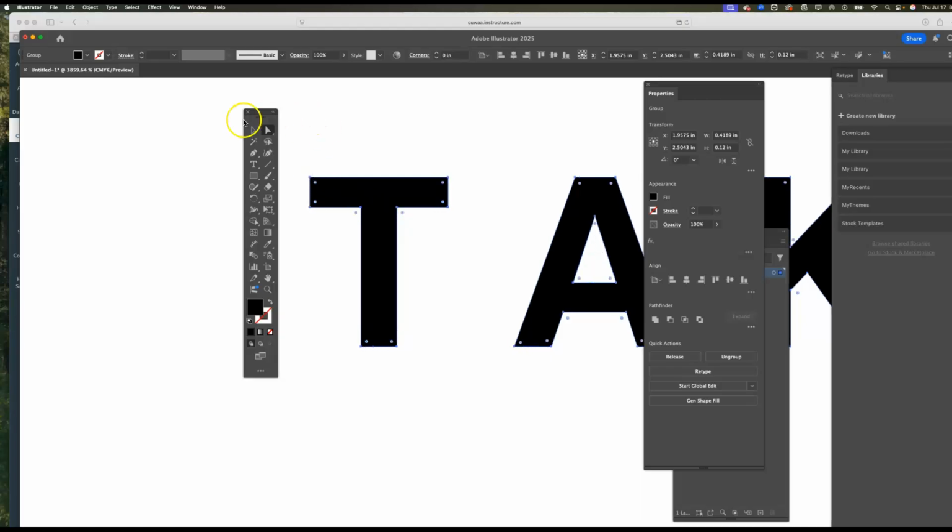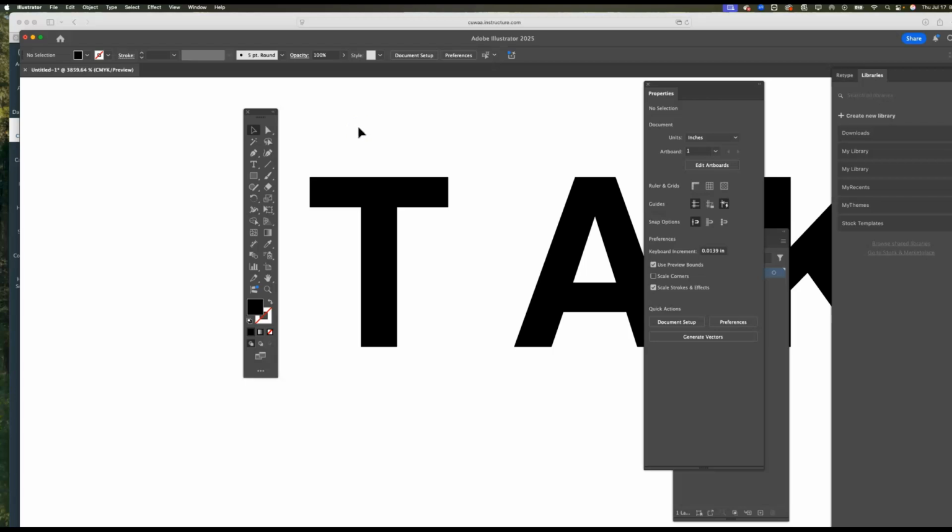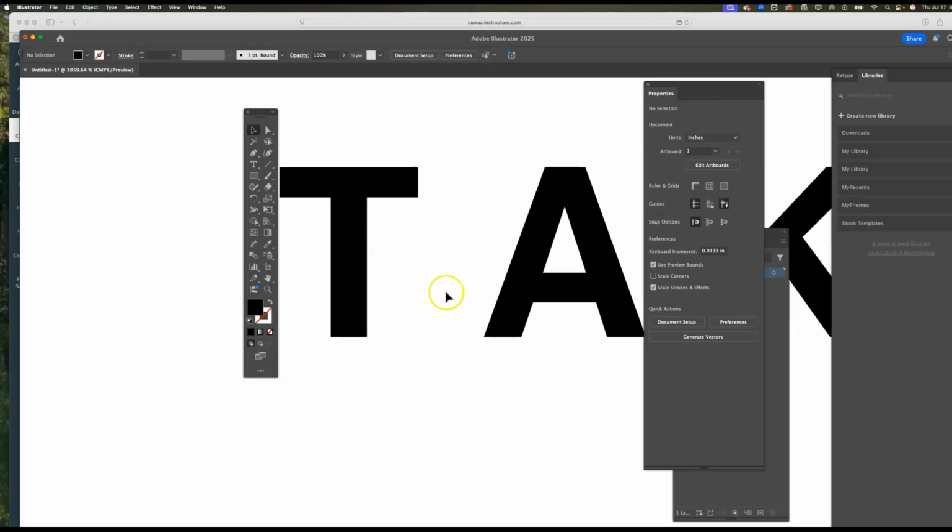That's because I typed this all on one line. So when you turn type that's all on one line into an object, which we just did, it's grouped. So what does group mean? Oh boy, here we are, another thing. If I go up to Object, or actually,